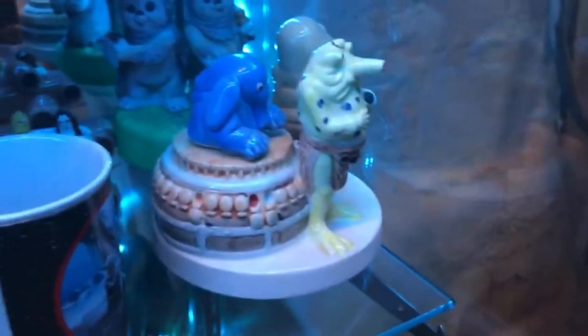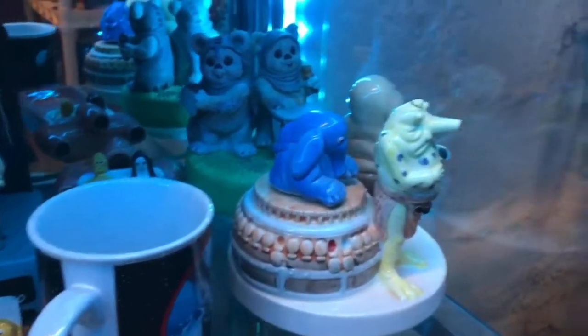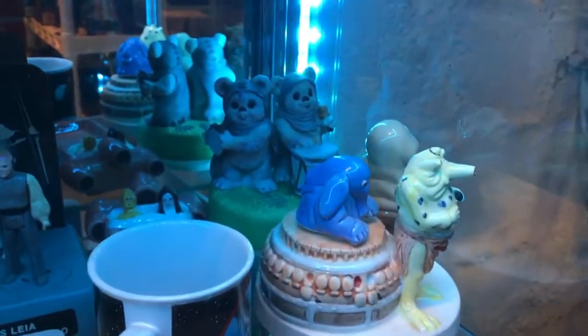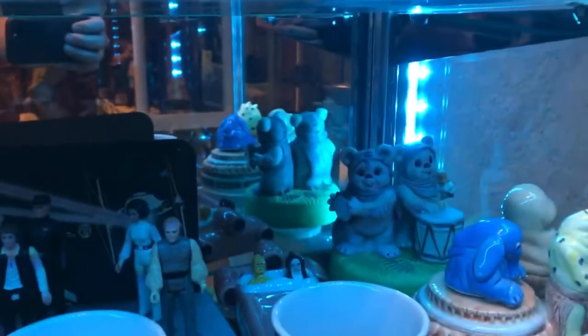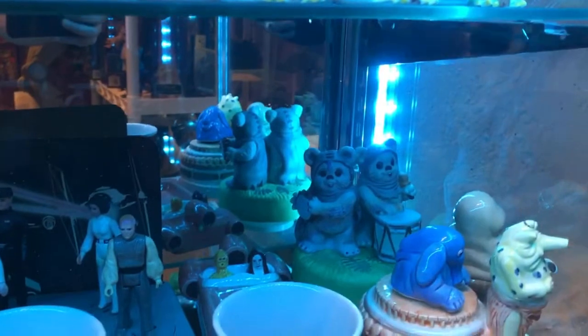My personal favorite, Max Rebo and the Rebo Band. It spins and Max Rebo himself turns around and it plays the Baroque theme that you first hear when you go into Jabba's palace. And then there's 2 Ewoks there, more akin to the Ewok TV show, playing, I think,